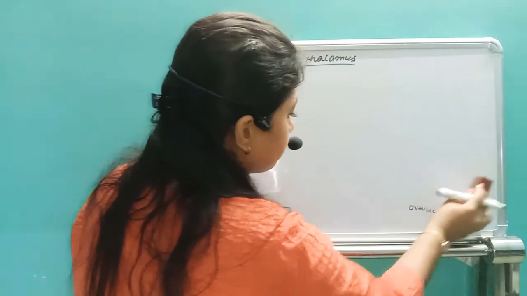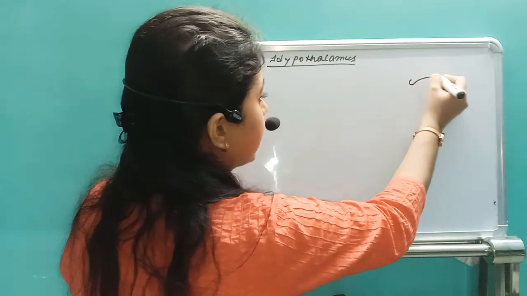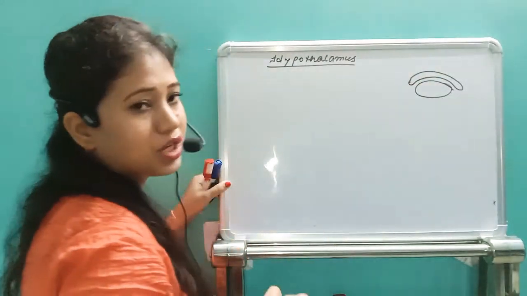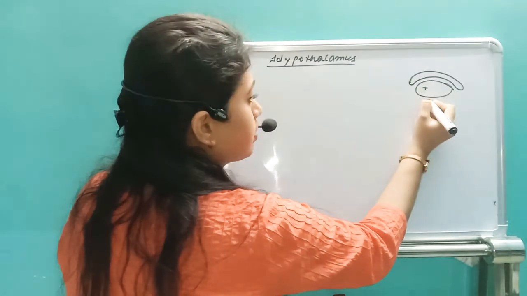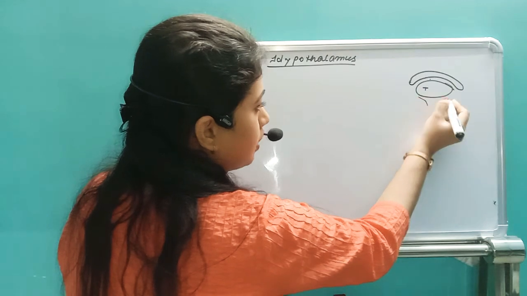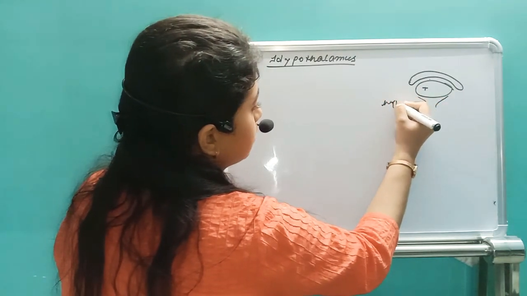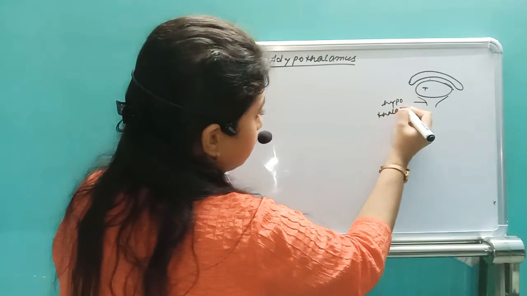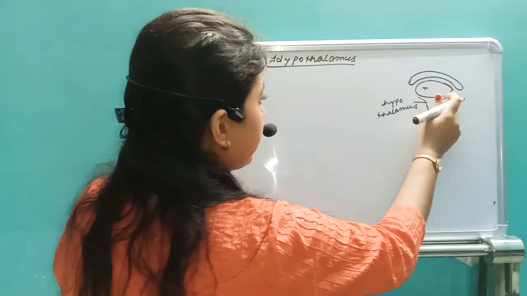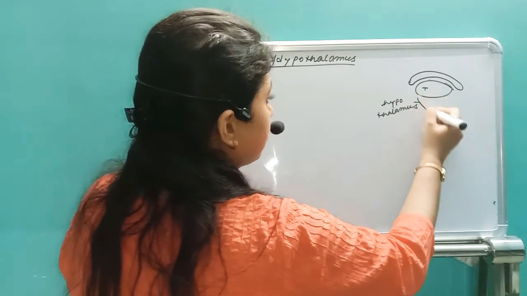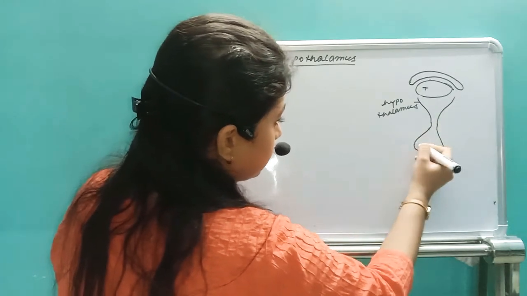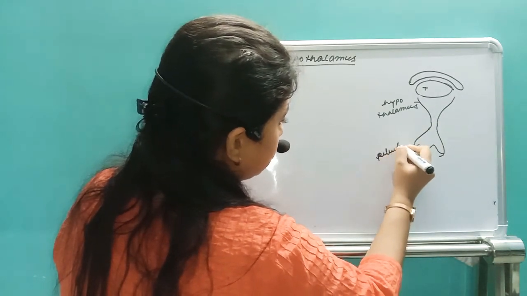Just see, the hypothalamus is in the diencephalon. You just remember, here we have two large thalamic nuclei. So this is the thalamus. Above it we have the epithalamus, then the thalamus, and after that we have the hypothalamus. Then this part goes elongated, and after that we have the gland that is called the pituitary gland.